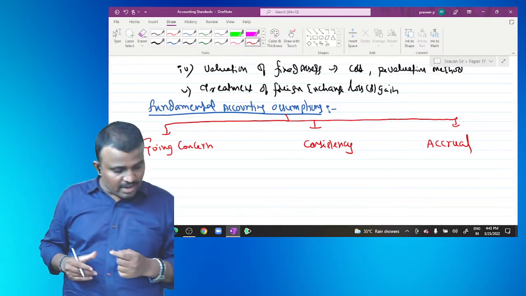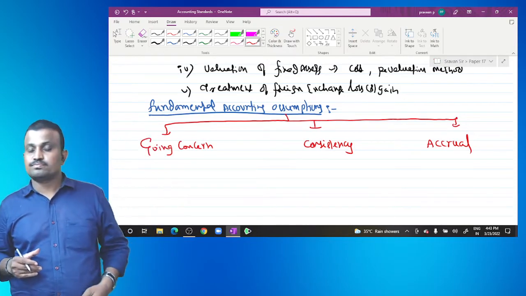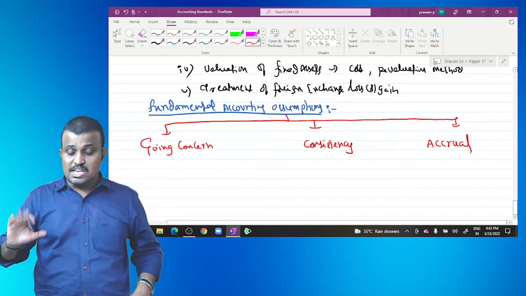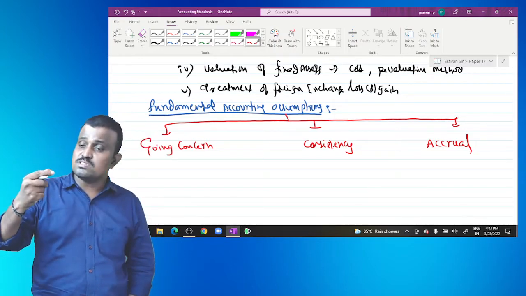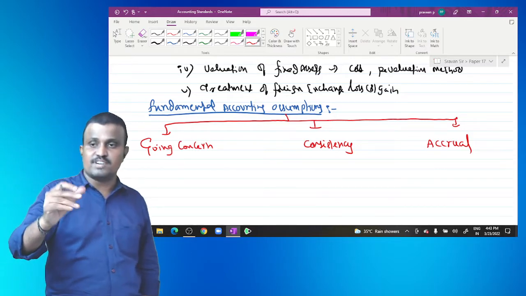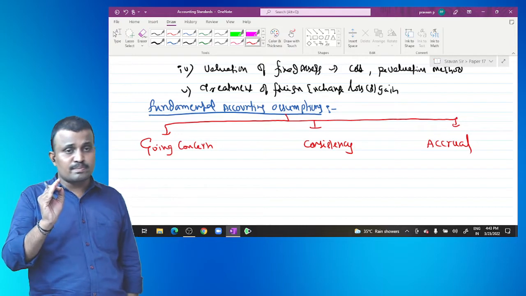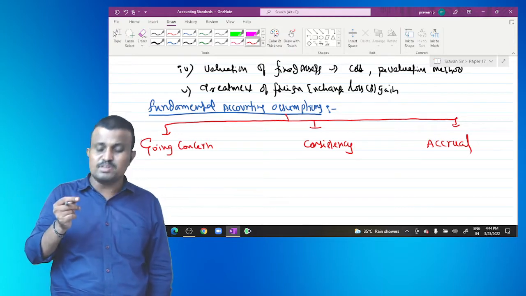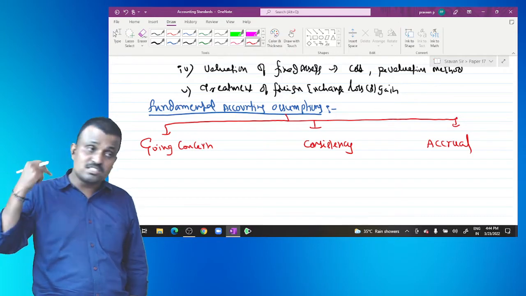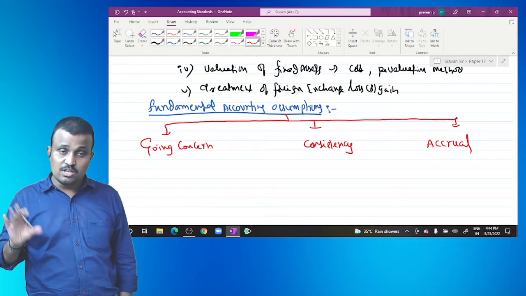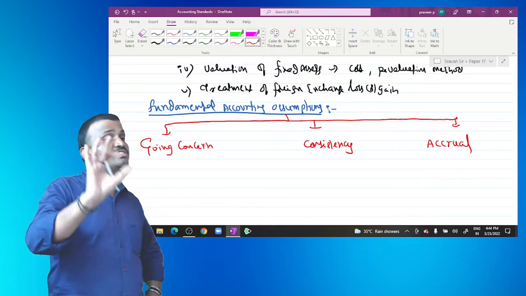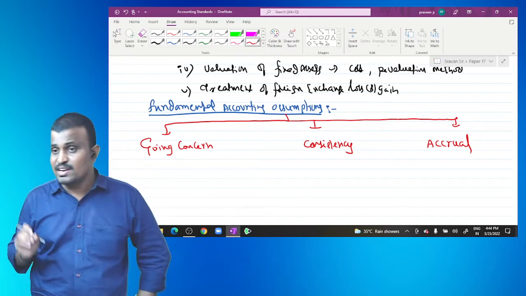So what is meant by going concern? Generally, while starting the business, every business assumes the life of the business is perpetual. The life of the business is infinite, and no person expects short-term profit. Every person wants to earn profit in the long run and in its lifetime from the business. So that's why business is always assumed as a going concern.